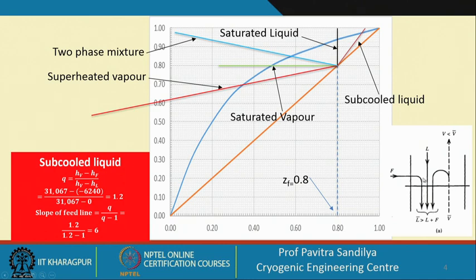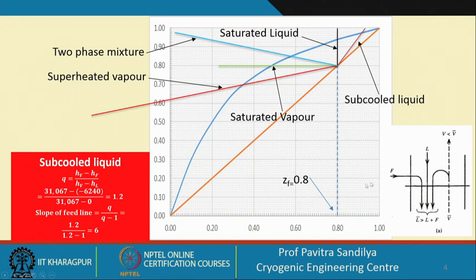That means a part of the vapor which is coming from the stripping section, which is already at its dew point, may get re-liquefied and go back into the stripping section, so that the liquid flow rate in the stripping section is more than the summation of the liquid flow rate from the enriching section and the feed flow rate, and the difference is the amount which is getting liquefied from the vapor of the stripping section, whereas the vapor flow rate in the rectifying section is less than that of the stripping section, because some of these vapors have been re-liquefied.